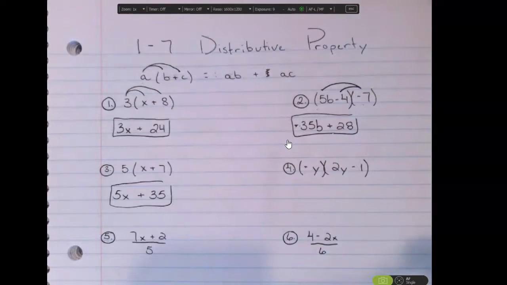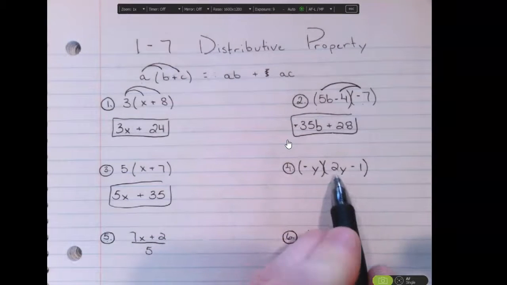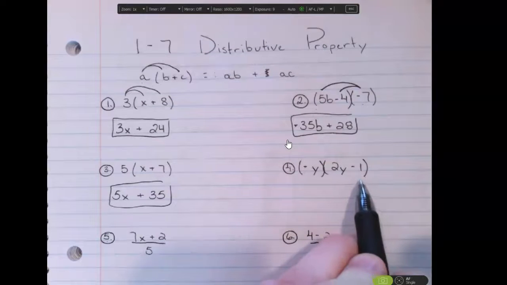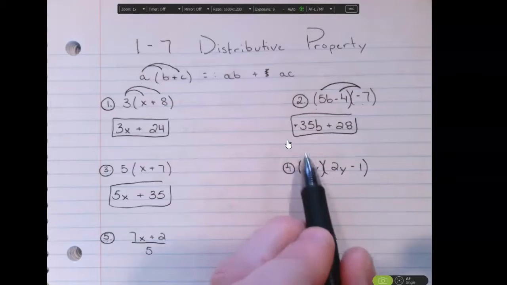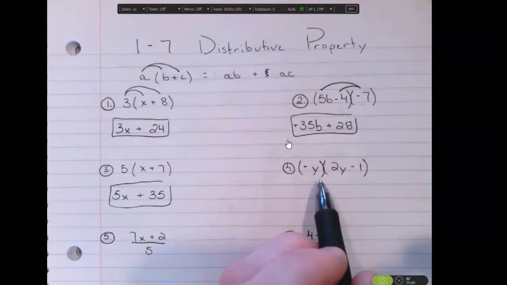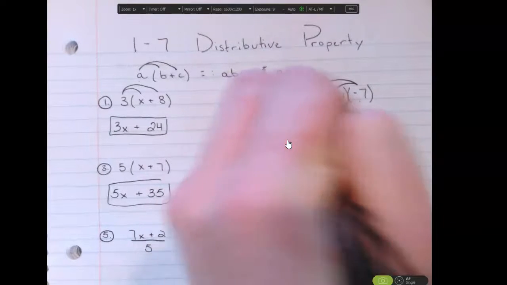All right, last distributive property problem. Number 4. I've got negative y times the quantity 2y minus 1. On this one, guys, no whole number out front. This time we've got a variable. You can still distribute it. I'm still taking this negative y